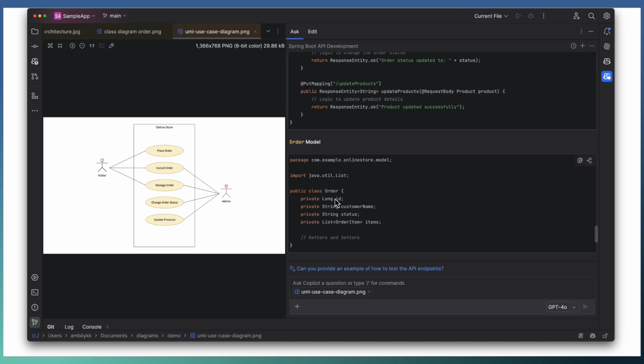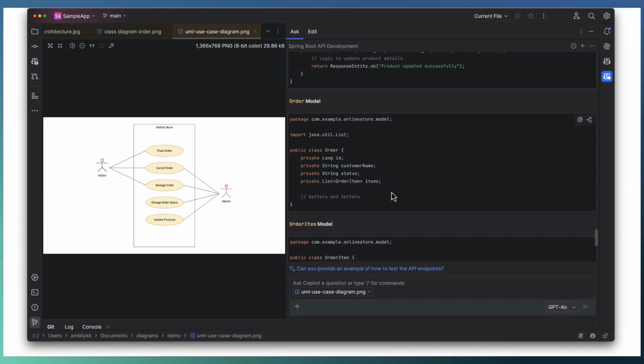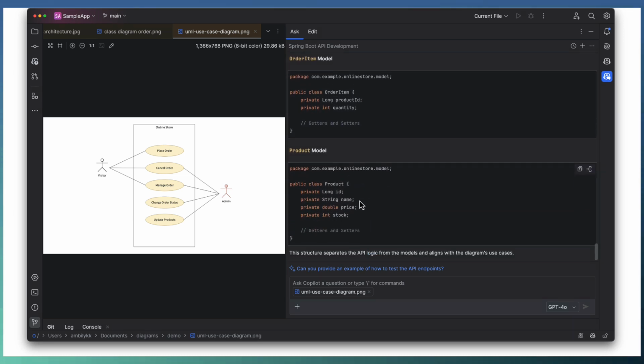Now coming to the order model, it defines the basic structure of an order. It should contain an ID, customer name, status and list of items. An order item contains item details in terms of product ID and quantity. If we have more details, we can add them there. And a product model with multiple details.